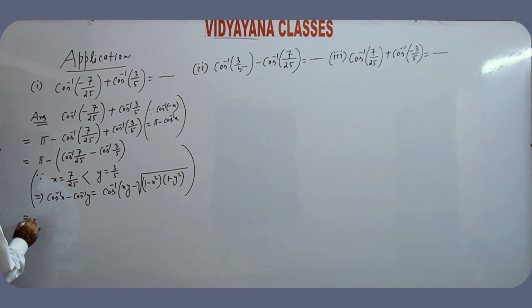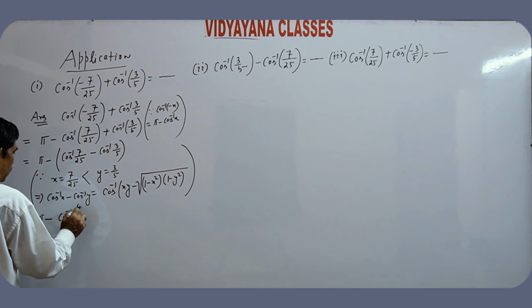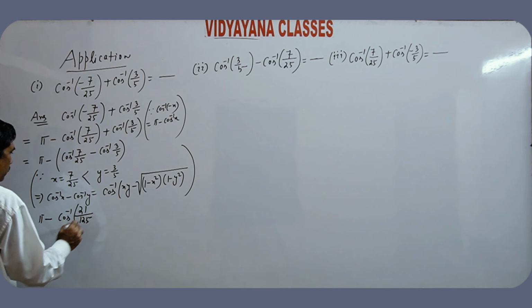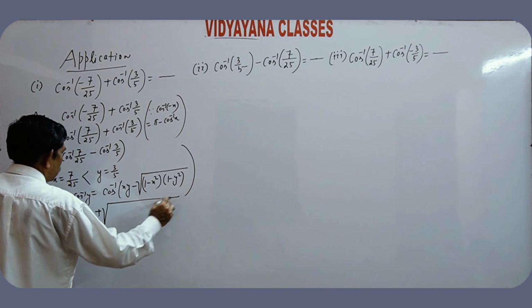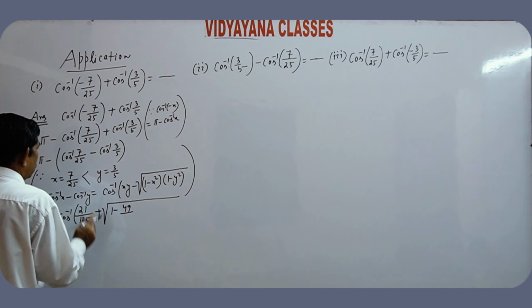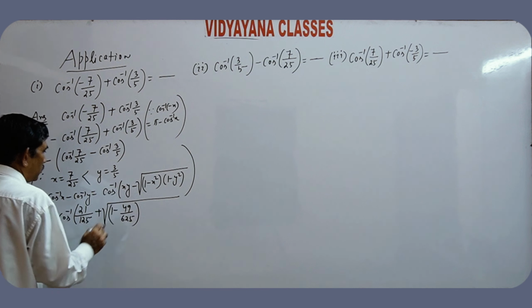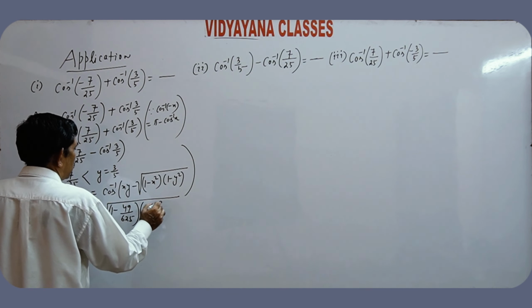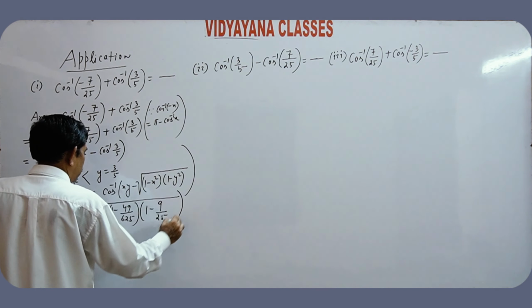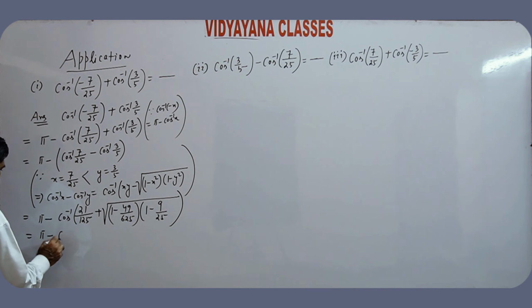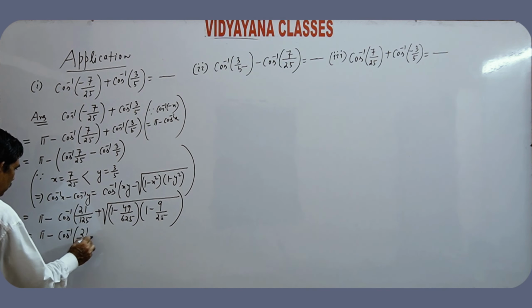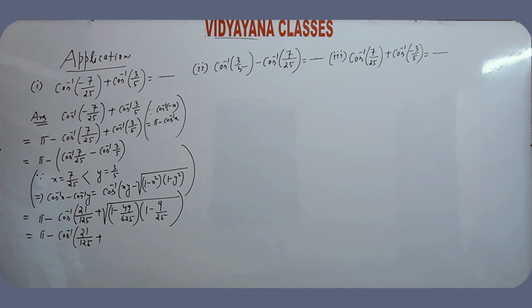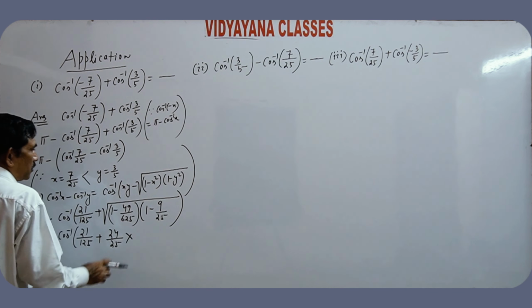Here, pi minus cos inverse of xy, that is 21 divided by 125, plus root of 1 minus 49 by 625 into 1 minus 9 divided by 25, which is same as pi minus cos inverse of 21 by 125 plus 24 by 25 into 4 by 5,